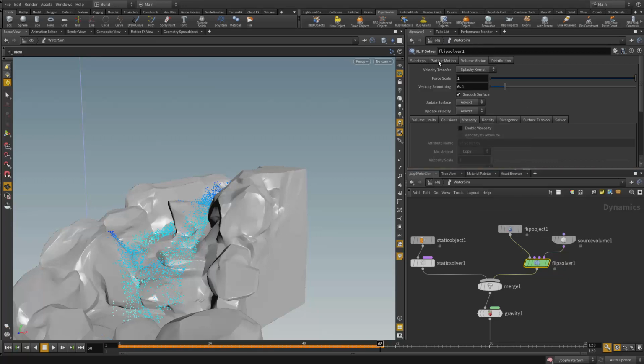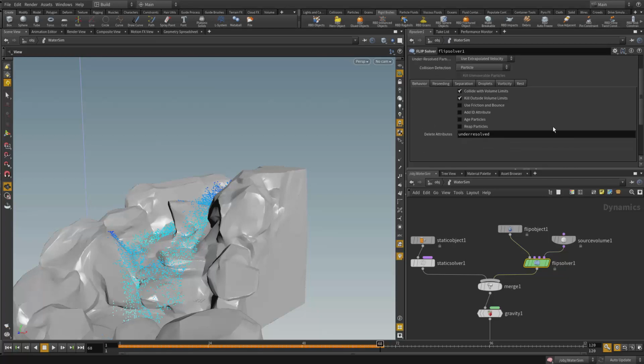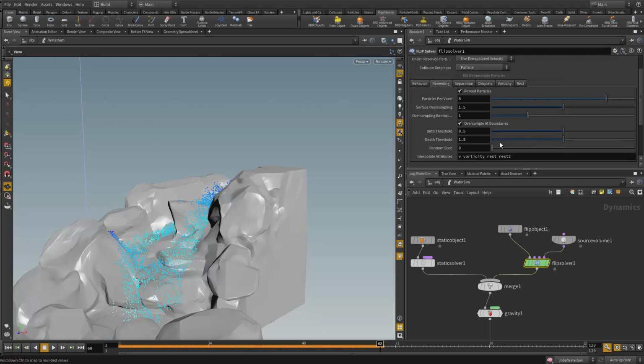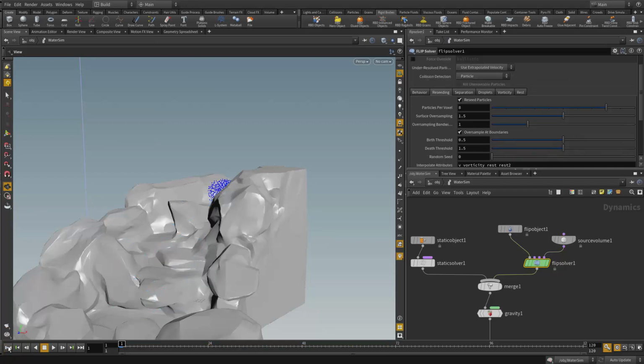And underneath the particle motion here, you can also check this reseeding. Now I don't really think it is necessary to mention because the default setting is pretty good, but basically what this does is fill in the spaces that you think don't have enough particles to mesh a nice geometry out of it. So let's say particles per voxel, if you change that back to, I guess, 1 to